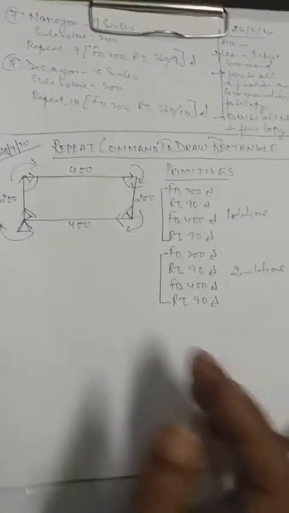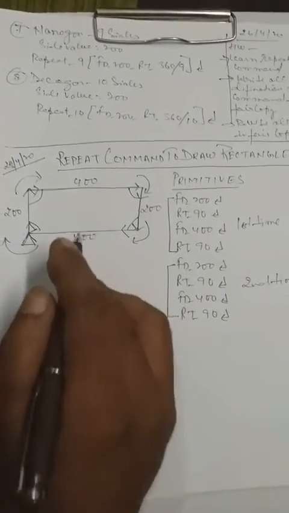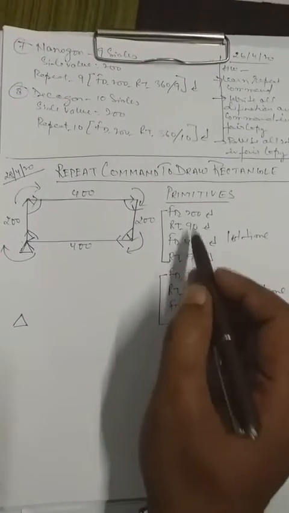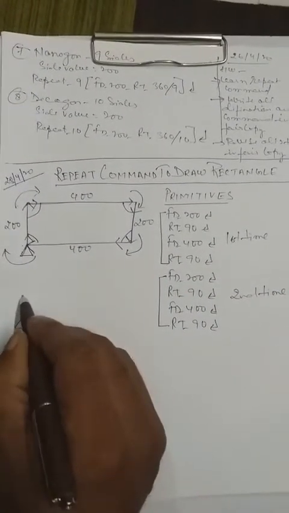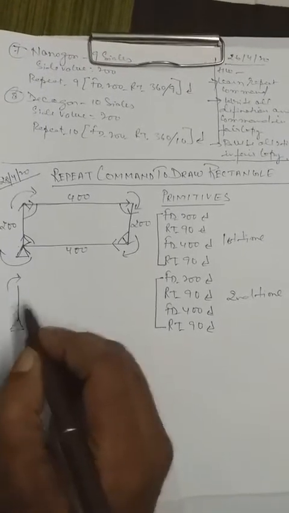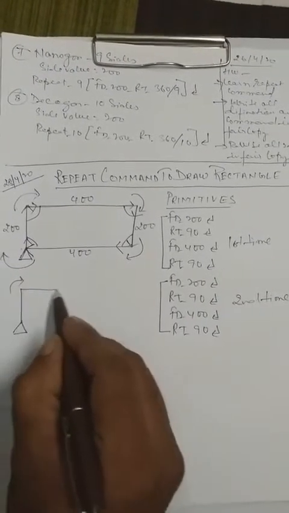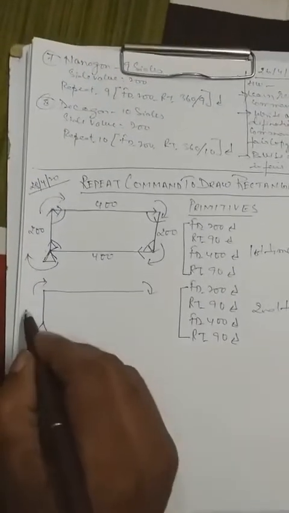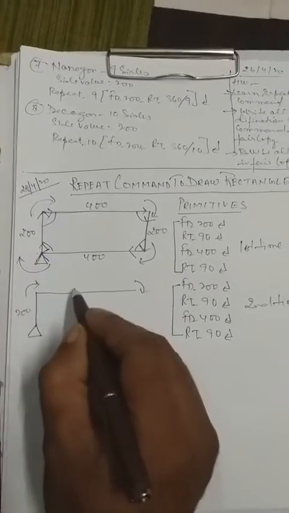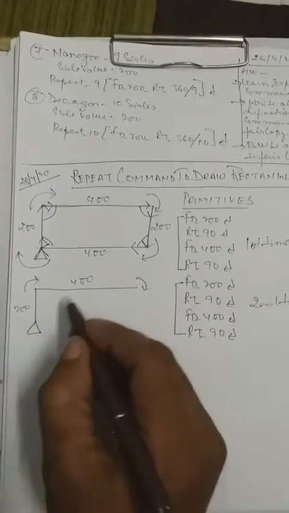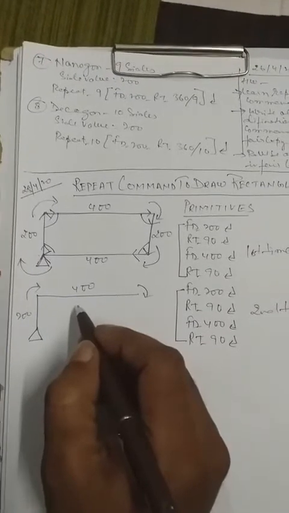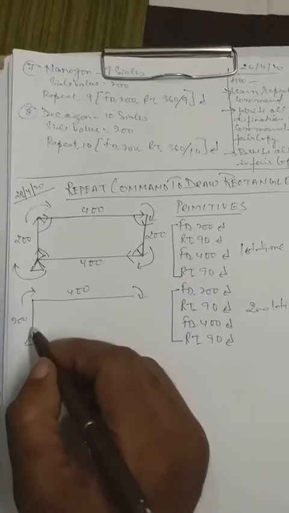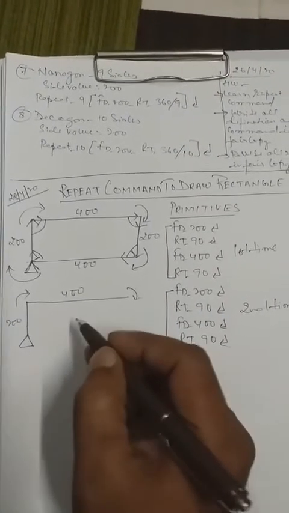What does it mean? It means that if you want to draw this rectangle, here is your turtle. Your turtle will repeat the first set, FD 200 RT 90. So it will go forward FD 200, and turn right 90. Then you wrote FD 400 RT 90. So it will go FD 400 and turn right. Try to understand, my dear children. This is the side of 200, this is the side of 400. So 200, 400 together. Once again I am repeating it. Concentrate your brain here please. 200, 400 together. If I repeat 2 times, then this figure will appear.